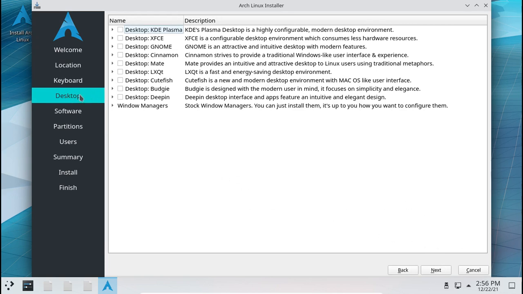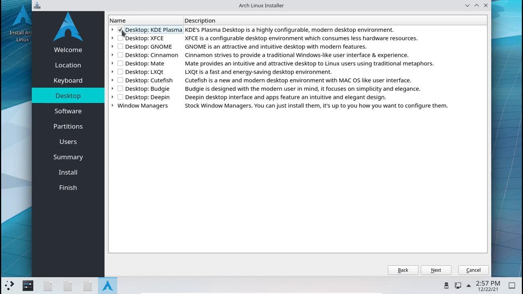So under the desktop section, you want to make sure that this is mandatory. If you do not select anything from here, on next boot up you will end up in a black screen. I mean, you will have the display manager, but it will have nothing to show you, so you technically won't boot up into a desktop environment. And yes, it will not boot you up into a text user interface either, right? So you want to make sure you are selecting some of this.